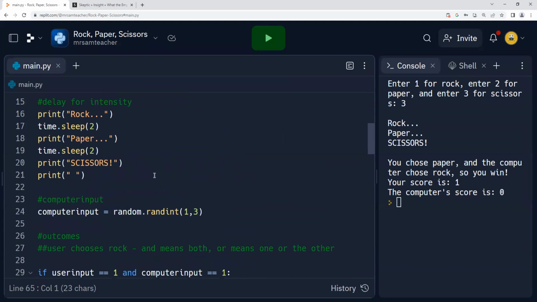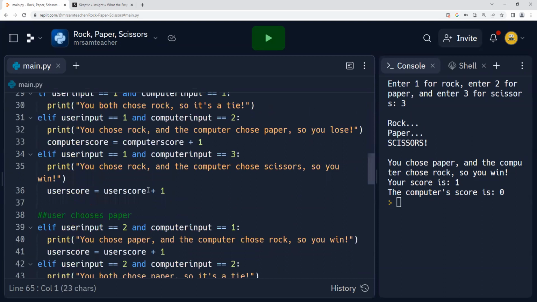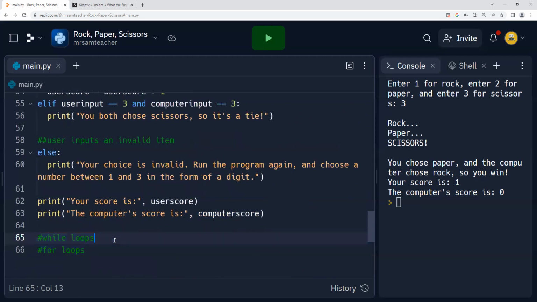So while the program is running, we wanted to keep adding to there. So while loops are mainly for when a condition is met, or until a condition is met, I should write. Until a condition is met, loop it indefinitely, like keep it going.